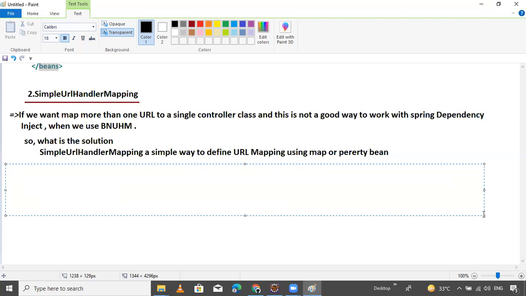Simple URL handler mapping defines a navigation strategy. What is the strategy? It's a navigation strategy.